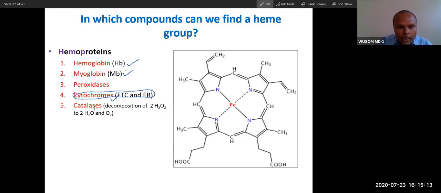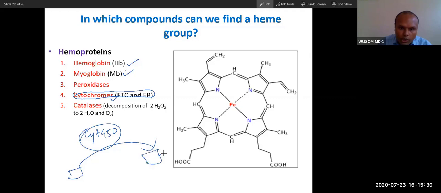This is a very important cytochrome, called the cytochrome P450 system. This cytochrome P450 system is a very important enzyme; I have also told you about it in cholesterol. The function of this enzyme is hydroxylation of compounds, and cytochrome P450 is involved in drug metabolism. It is intracellular. The others are extracellular, actually part of blood, but this is present in liver and other tissues. So cytochrome P450 is very important for drug metabolism and metabolism of steroid compounds.